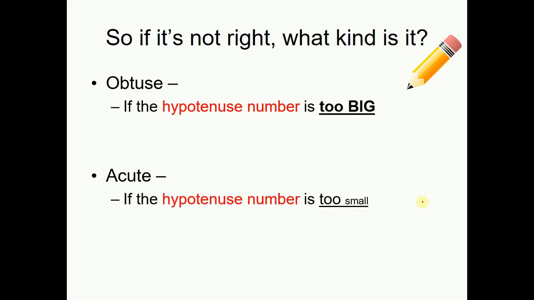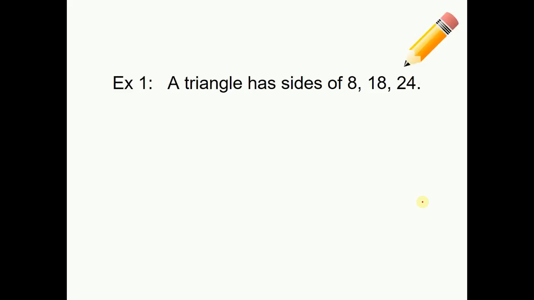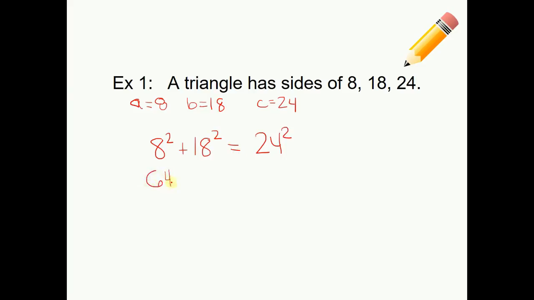So let's try a couple of examples here. I got a triangle with the sides of 8, 18, and 24. I know that the two legs are the two smaller sides. So 8 and 18, C is 24. Let's see what we're going to get. So we got 8 squared plus 18 squared has to be something to 24 squared. I'm just going to put an equal sign, that way we can kind of keep it. So I know 8 squared is 64, 18 squared